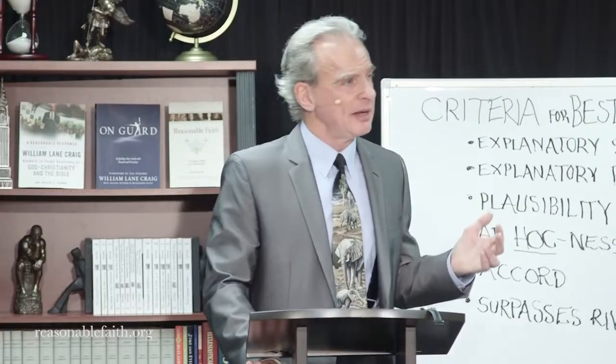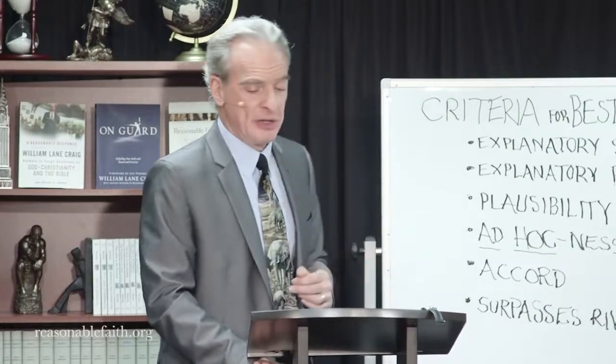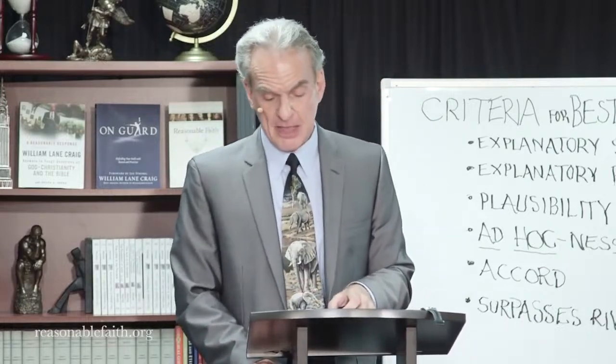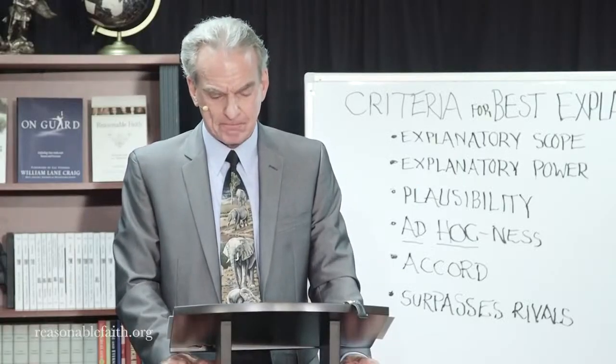Once again, let's apply McCullough's 6 criteria to this hypothesis. First, the explanatory scope of the hypothesis. Again, I think that the apparent death hypothesis does have adequate explanatory scope. It provides explanations for the empty tomb, for the postmortem appearances, and for the origin of the disciples' mistaken belief in Jesus' resurrection. So what about its explanatory power? Well, this is again where the theory begins to founder.